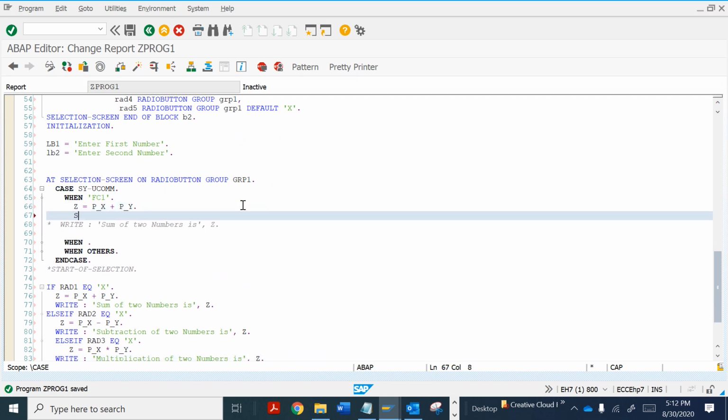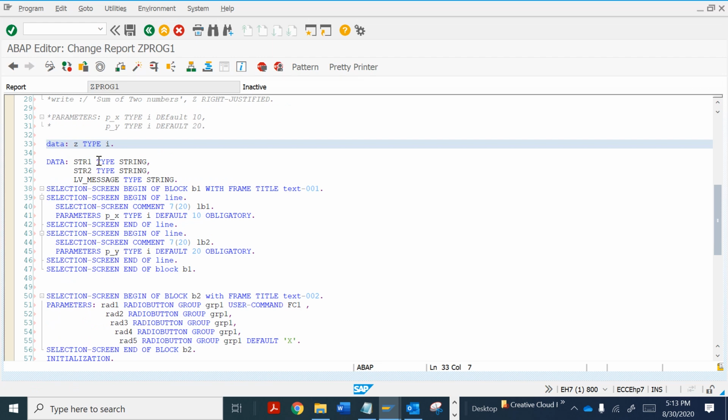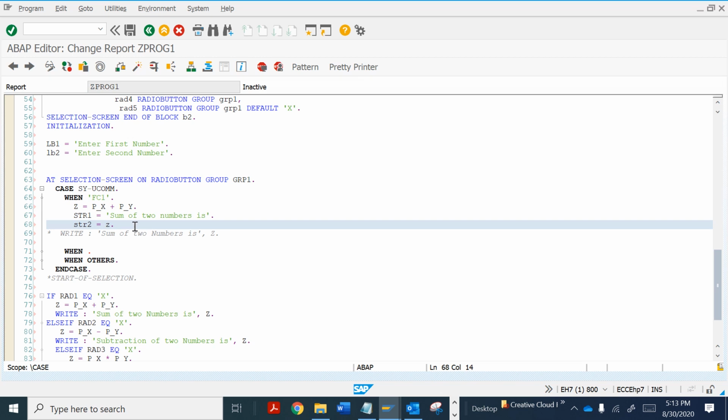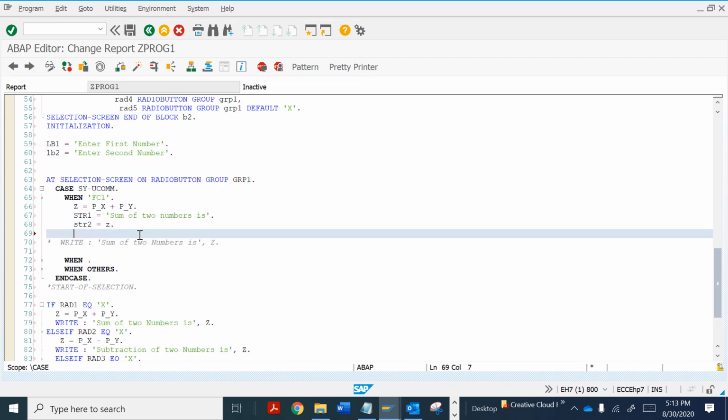In my first variable, I want to store the text 'sum of two numbers is', and in my second variable, I want to store the value of z. See here, that variable is an integer, and I am going to assign that same field to a string, which is str2.